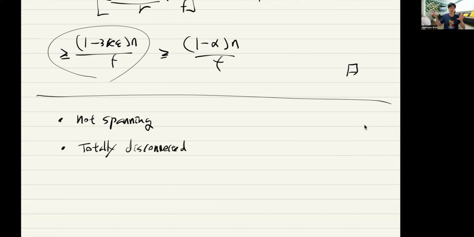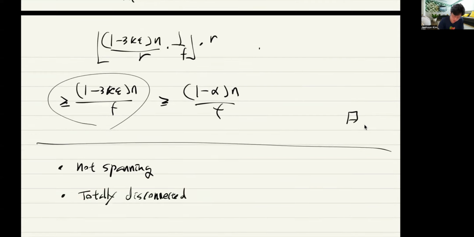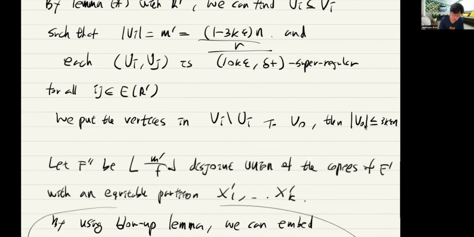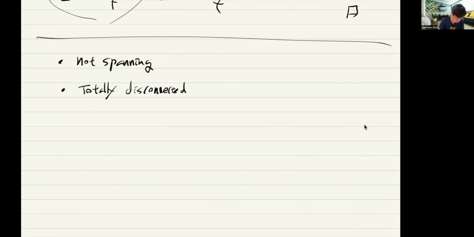Every component in your F, I mean, there are many components. It's totally disconnected, so you can freely decide where to put it, right? And because of that, the R prime you take, which we obtained from the Hajnal-Szemerédi theorem, was already sufficient for our purpose. But what if we want the spanning copy